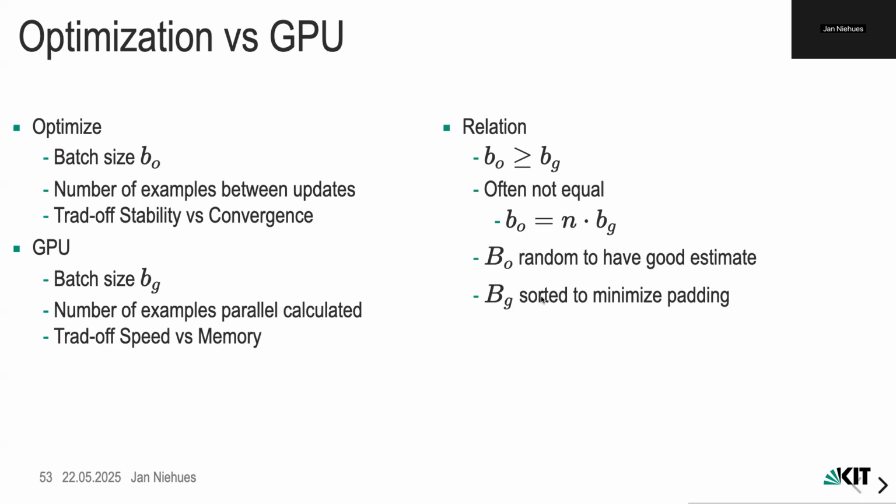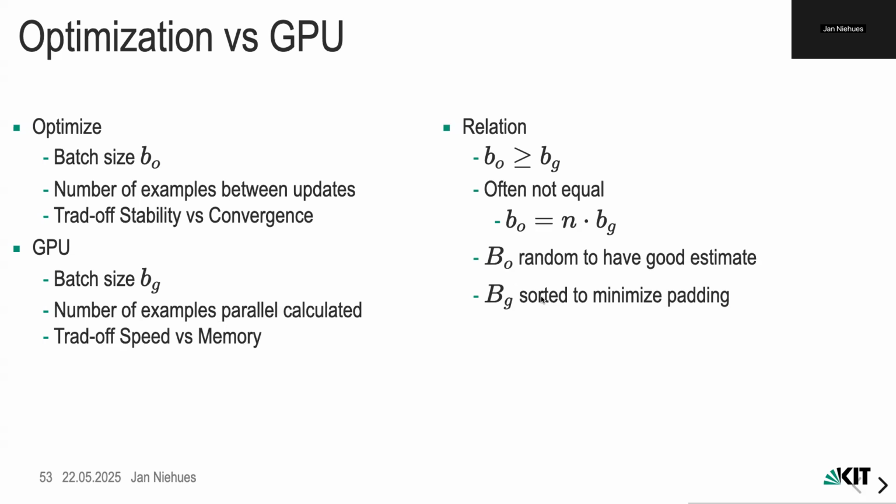For the GPU, it's different. There you want to have all examples look a bit like the same because then it's easier to train. If you think about it again, long and short sequences, in the GPU, they all have to look the same. So you have to have the padding, make them all the same length with zeros, which you ignore. And since you ignore that, of course, it would be nice if all of them have the same lengths